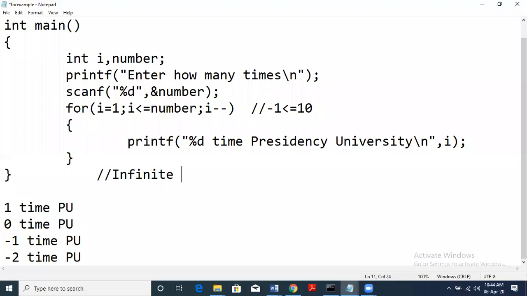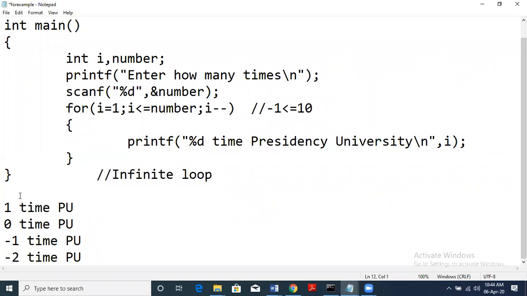So we have the loop continuous execution, and this type of loop is called as infinite loop. We must be very careful when we are giving the condition and updation statement. Depending on whatever is the initialized value, we have to give the corresponding condition and the statement. Otherwise, there are chances of going to an infinite loop. Infinite loop means your statement keeps on executing.